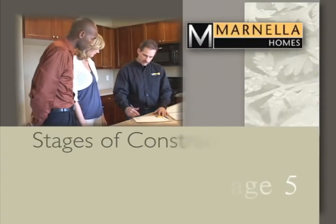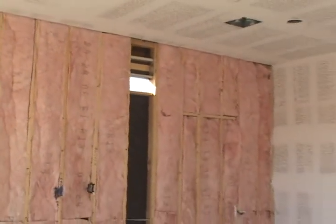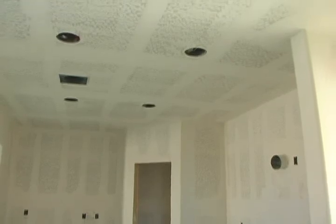Stages of construction. Stage 5. During Stage 5, insulation is installed throughout the envelope of the home and the drywall is hung, taped, and textured. Ceilings and walls are then sanded in preparation for paint. As an additional step to be more energy efficient, the building envelope is sealed at this time at the walls,